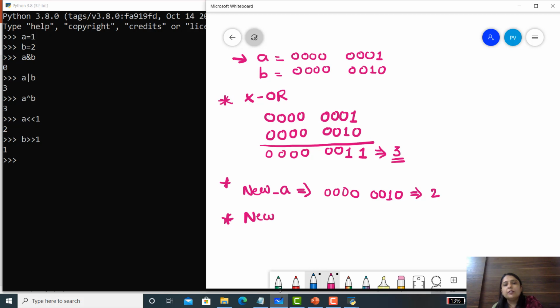Our new B will become, by shifting 1 bit to the right, with the 1 shifted to this position, 0 0 0 0 0 0 0 1. If we convert this into decimal, we get 1.